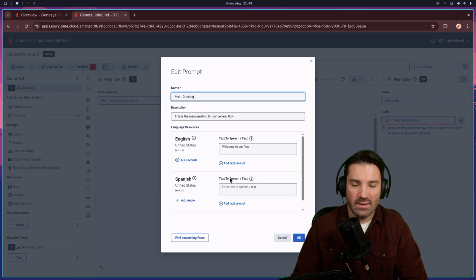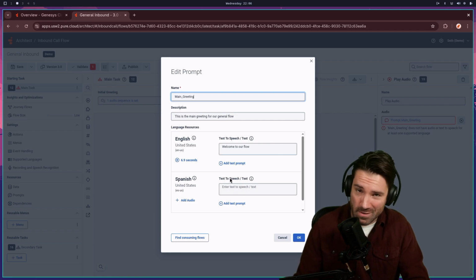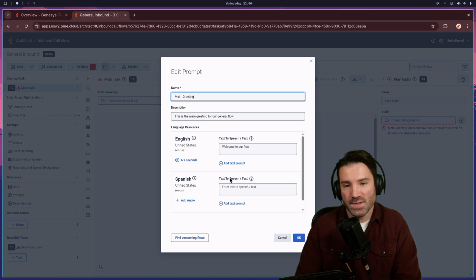It's not even in a section where we've asked the caller to enter if they want Spanish. This is just the way that the call flows are built. It can become very annoying when you are building out a flow and you've got a lot of different menus and different directions that you might go based off of them entering Spanish. Maybe we have a different menu for our Spanish speakers that doesn't have as many options. So we're in a different part of the flow at this point where we may even use different prompts. That can be very annoying because then we really just need a Spanish version of the prompt and not really in English. But the way that this is designed, the way Genesys Cloud operates, you're always going to need